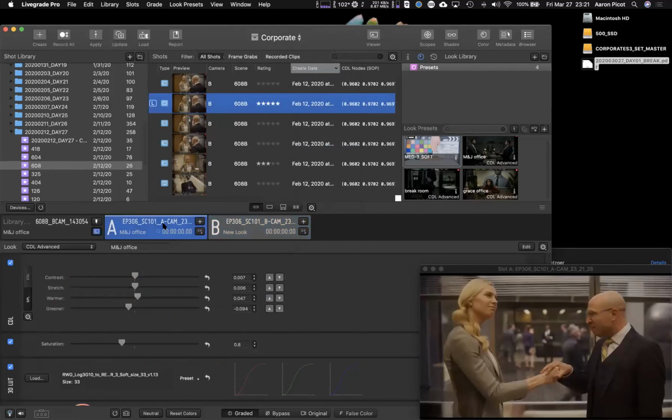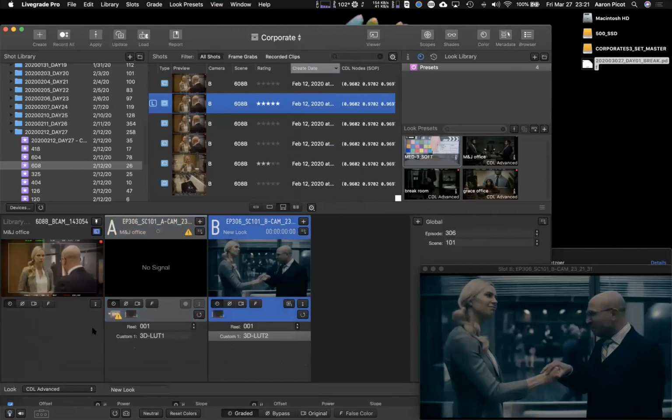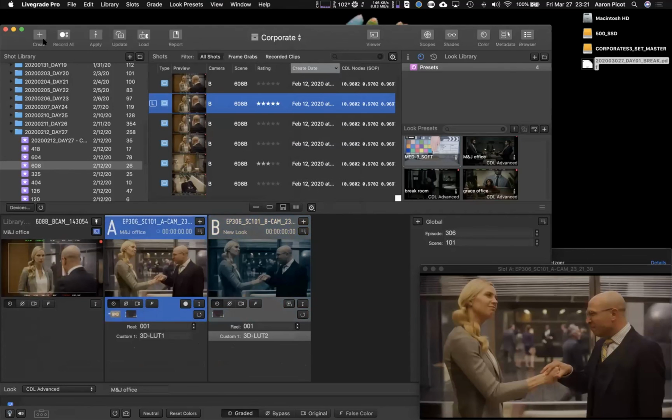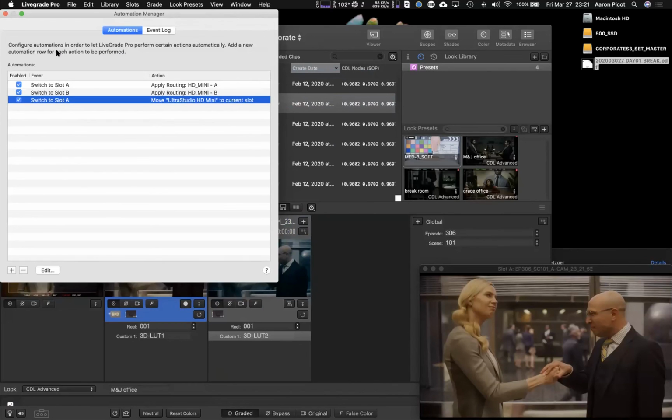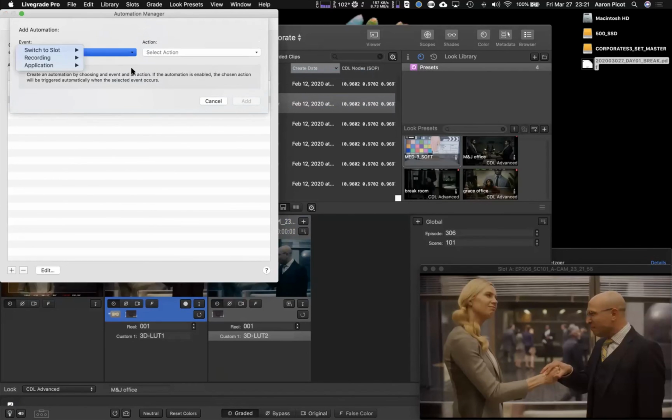But the problem is my little thing is still stuck in the A slot. I've switched to B, but it didn't switch over. So then what I have to do in the automation manager is add, when I switch to slot A, video capture device move to current slot. They should really have a plus for each. Like right there should be a plus to add another event action. This will do it. It's a little clunky,